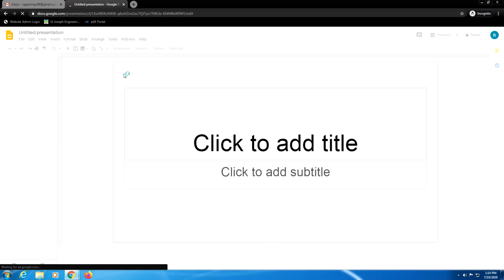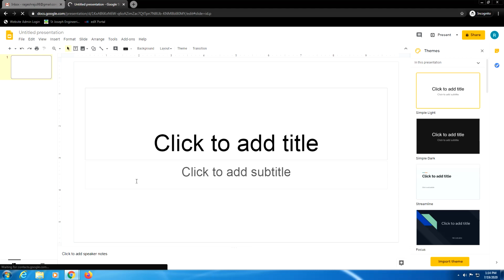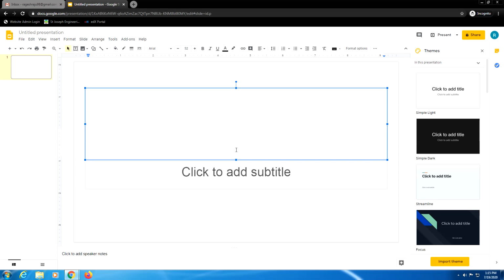Similar to how a Word document got opened, here you can see a presentation gets opened. If you want to add a title, it is the same way as you do it in your normal PowerPoint. I click here, and I have to add a title. Here again, you can see there is an input tool option. Once you enable the input tool in either Gmail or Google Docs or any of this app cluster, you will be able to use it everywhere, with all the languages which you have selected.